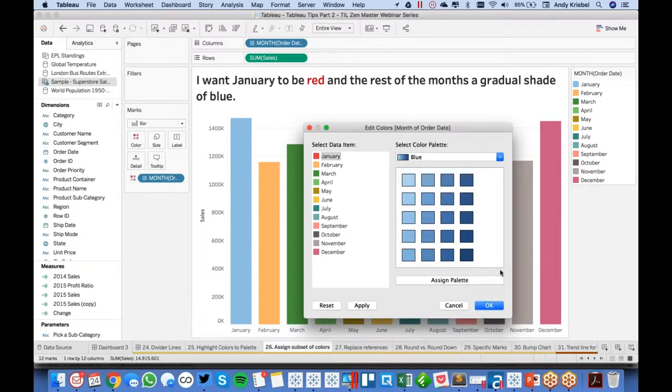Even though this is a discrete color palette, it does go from light blue to dark blue. And I want to assign those as spread out as possible to February through December. So what I'm going to do is highlight February, hold my Shift key down and click on December. And now if I click on Assign Palette, look how Tableau just magically assigned the perfect distribution of colors